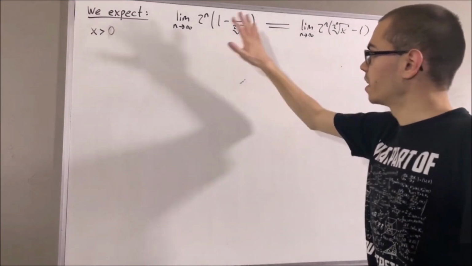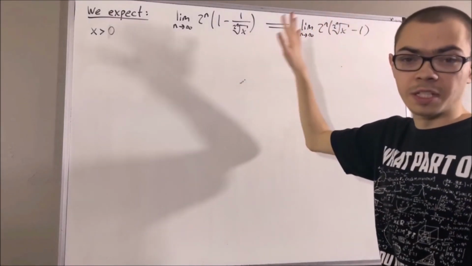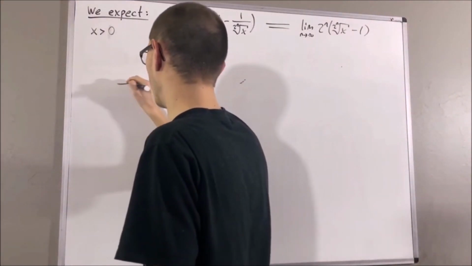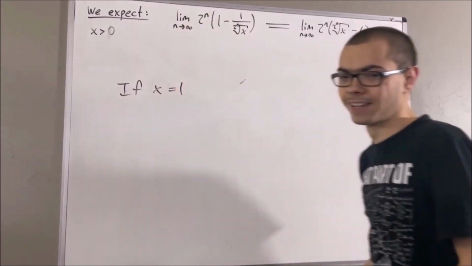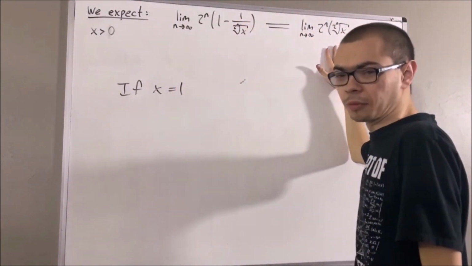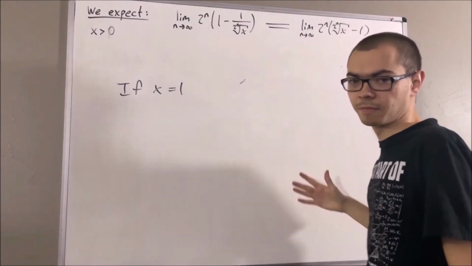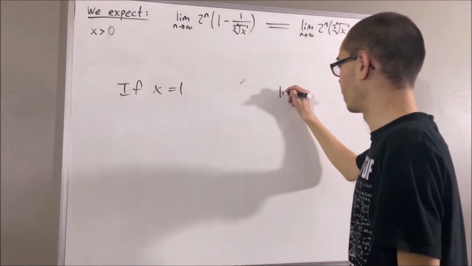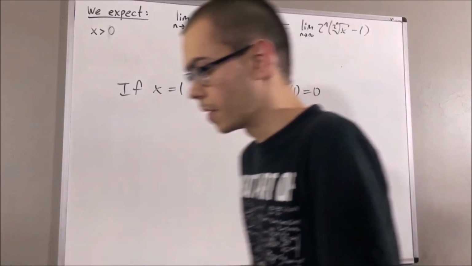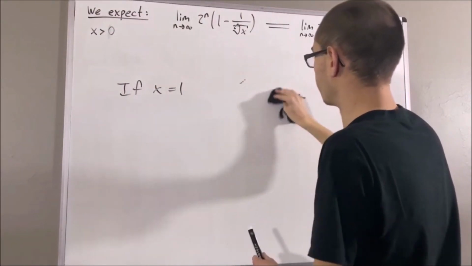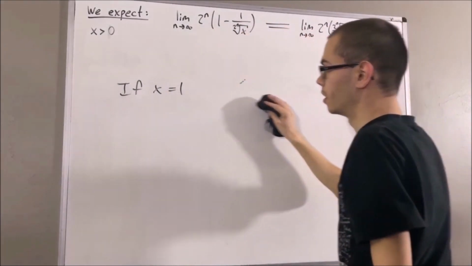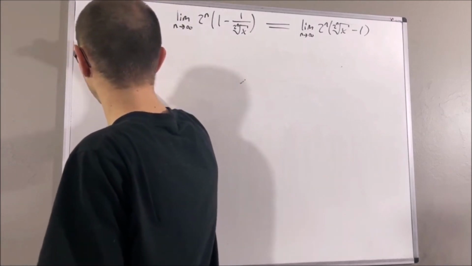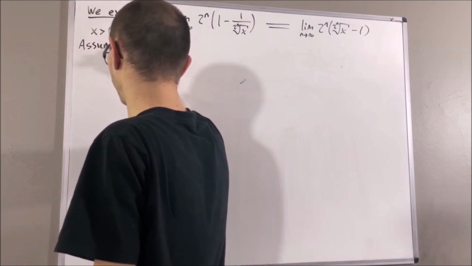So we expect these two sequences to converge, and in fact, converge to the same value. And to prove that, let's first note, if x is equal to 1, then we're done. Because these two sequences are constant sequences of zeros in that case. So of course they converge to 0, right? So when we define the natural logarithm function, we have natural log of 1 is equal to 0. So yeah, if x equals 1, then there's nothing to prove, right? It's not interesting. They both converge to the same value because they're constant sequences of zeros. So for the duration of our work, we're going to be assuming x is not equal to 1,